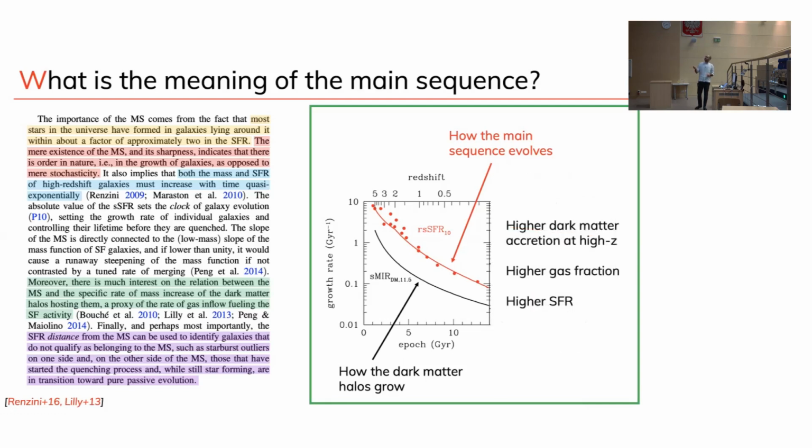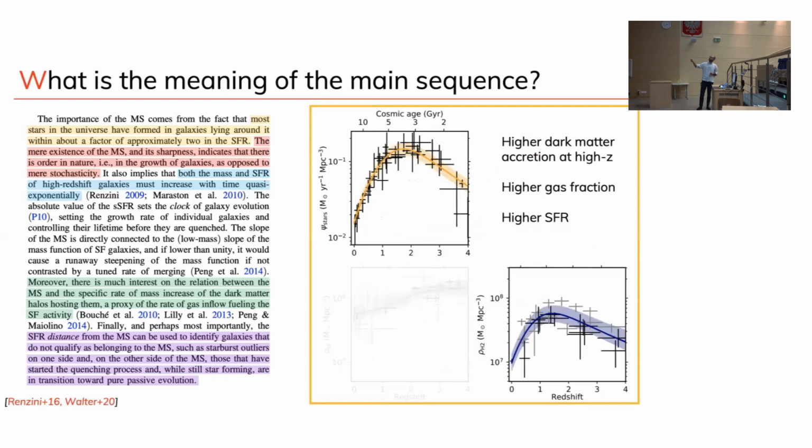And then the last point, which is pretty much what I was saying: if you have higher dark matter accretion at higher z, it means that you have more gas accreting onto the halos and a higher star formation rate. That also pretty much resembles the shapes of the integrated star formation rate density and molecular gas density, which is this one here. It's not surprising that you have more gas, and that's why the star formation rate increases and peaks at roughly the same time. That's again because you form stars out of gas, and this is roughly following the typical accretion of dark matter halos.